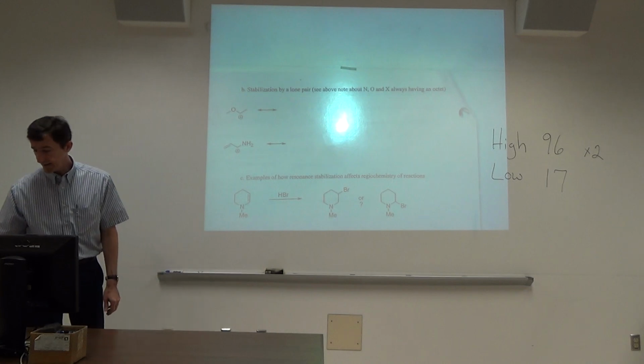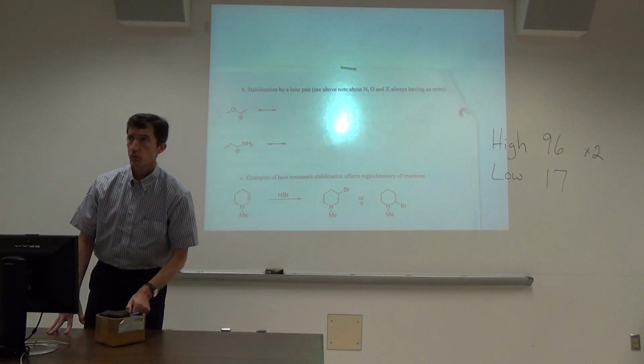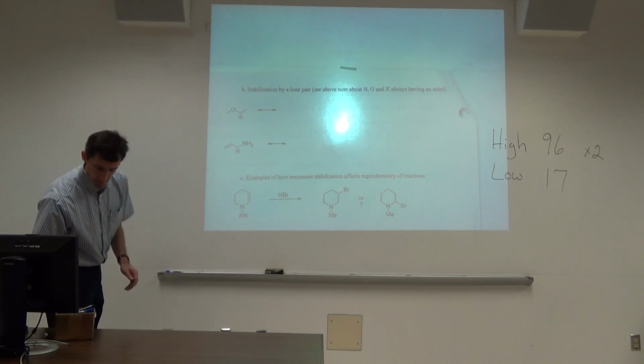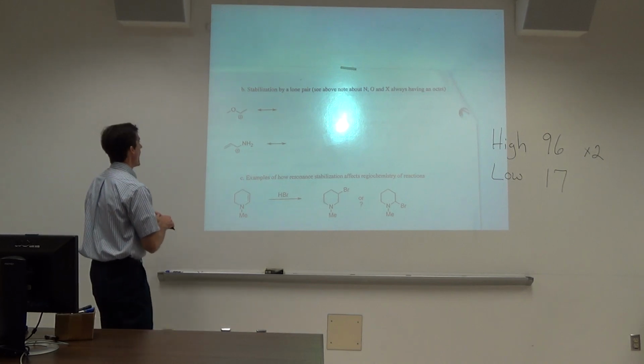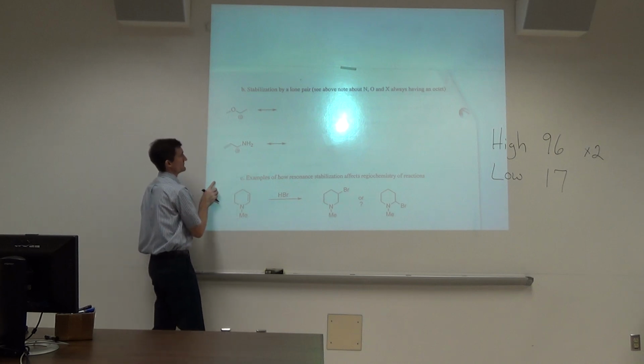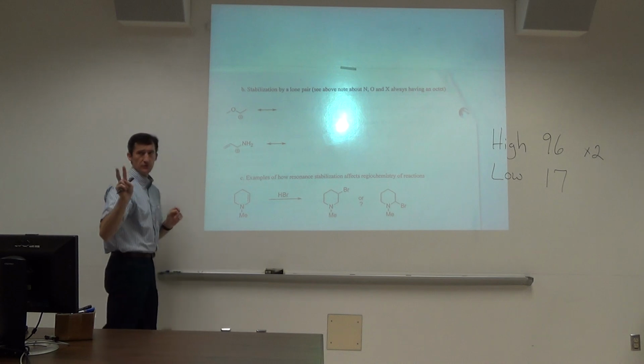How do you stabilize a cation? Move electrons towards it or away from it? Towards it. Resonance structures for this. Do we have electrons we can move towards it? In this case, we actually have two